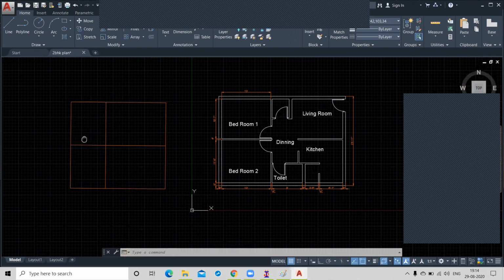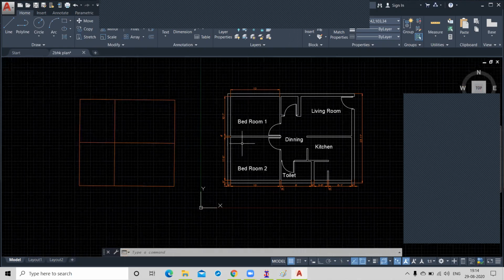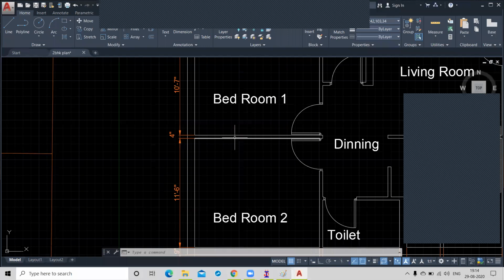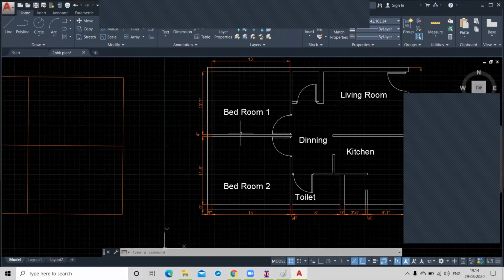Now tell me one thing. So this is your 4-inch wall, right? So you have drawn a beam of 4 inch. No. What is the size of your beam? 9-inch. And that side also 9 inch. We are talking about the width here.